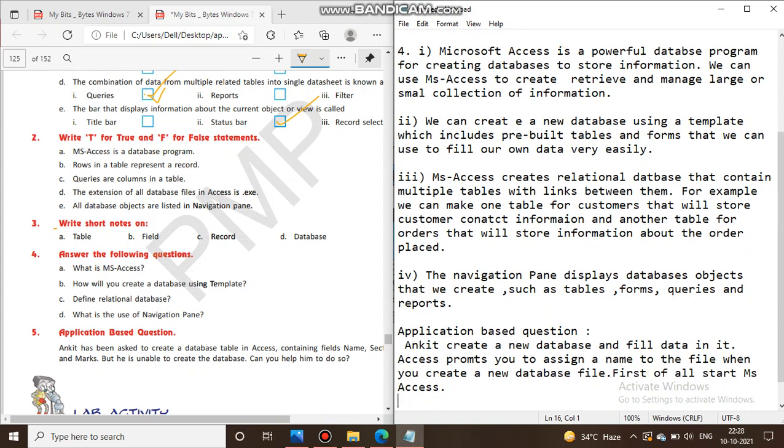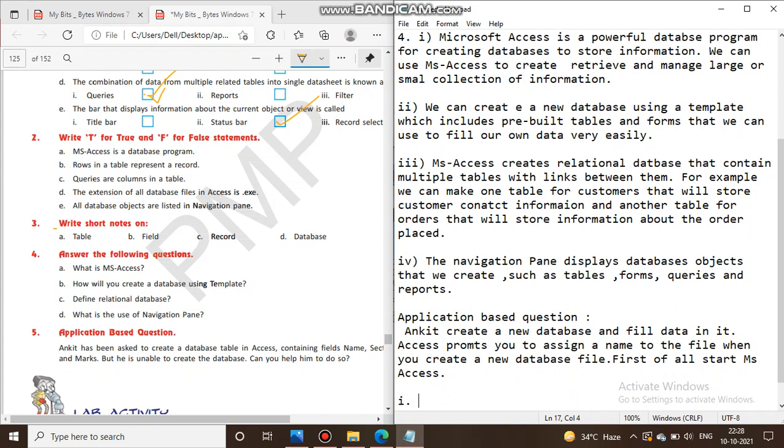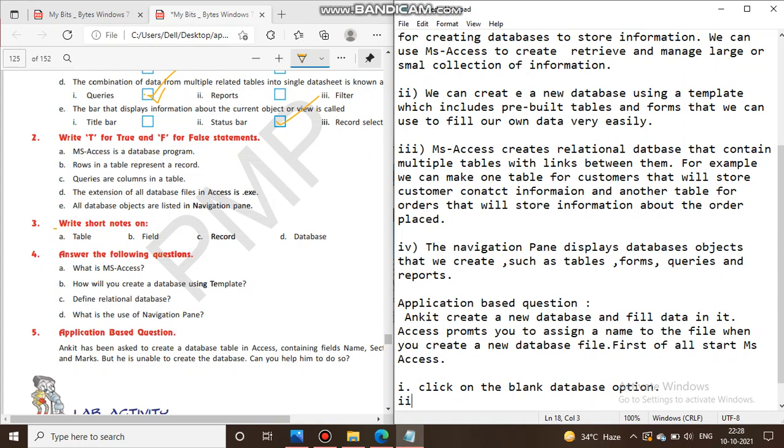The next, first point is that click on the blank database option. Next point is that type name for the database.